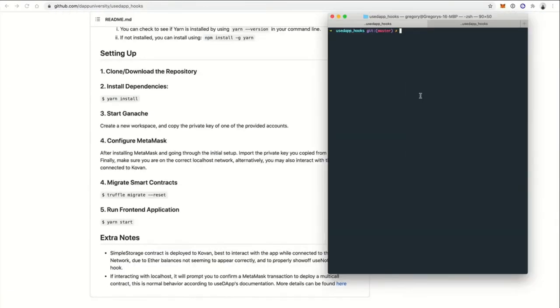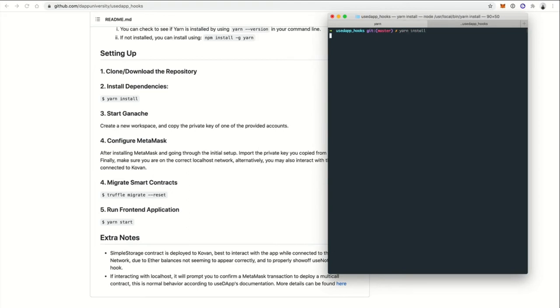All right, so the first thing we want to do here for sure is yarn install. This is going to install the dependencies for our project. We're going to use yarn as a package manager instead of npm for this particular project. There are lots of different reasons why you might want to use one or the other. I think at the end of the day, a lot of it's personal preference. We're going to use yarn this time. So you can do yarn